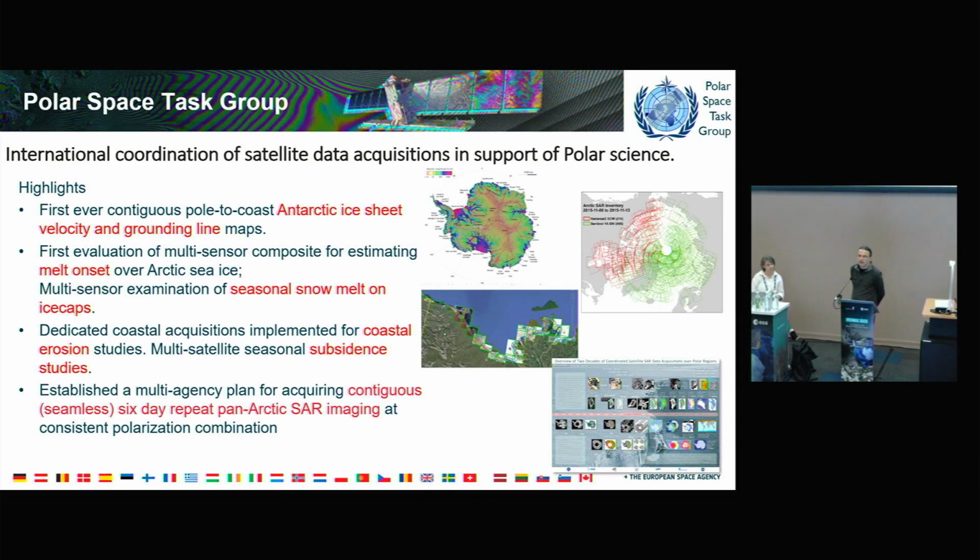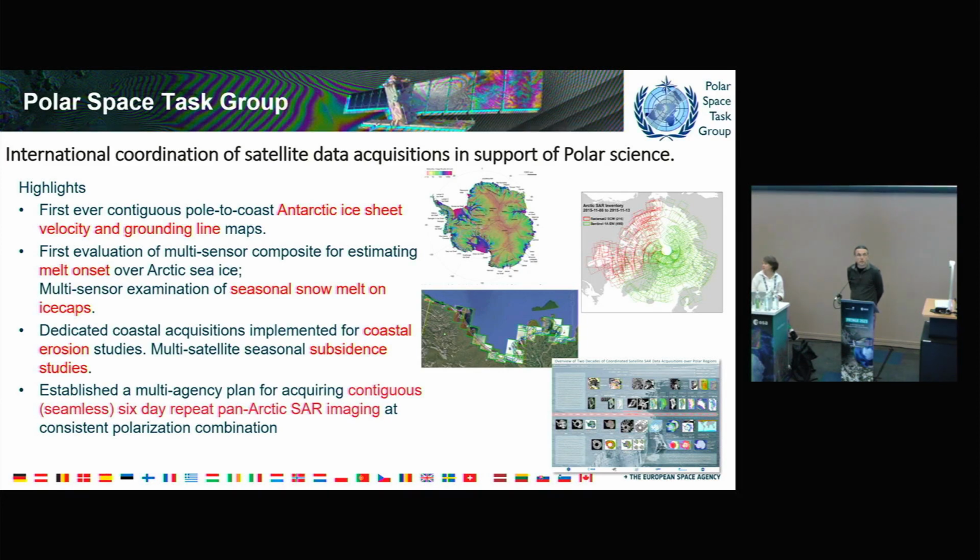And the International Polar Year was one of the first events where space agencies got together to prepare for supporting this research effort, and this was in 2007. And out of that coordination was born the Polar Space Task Group, which continued for a number of years after that, where space agencies got together,